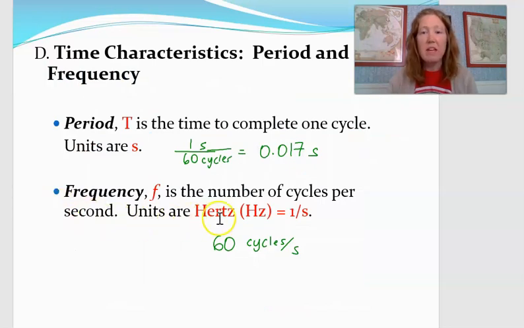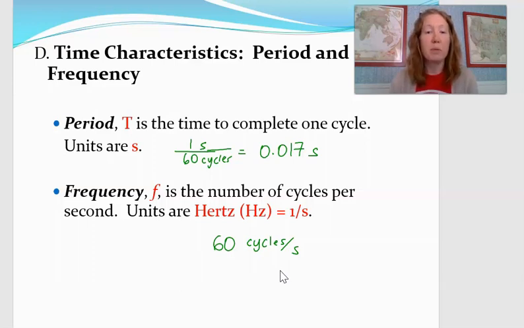Okay. And then period and frequency, we've talked about period. Frequency is just the reciprocal of that, okay? So I think it's because people don't like fractions very much. Usually people give the one that's not a fraction, okay? So usually if the period is really short, people would rather just say the frequency. They'll say, okay, it's 60 hertz or 60 cycles per second.